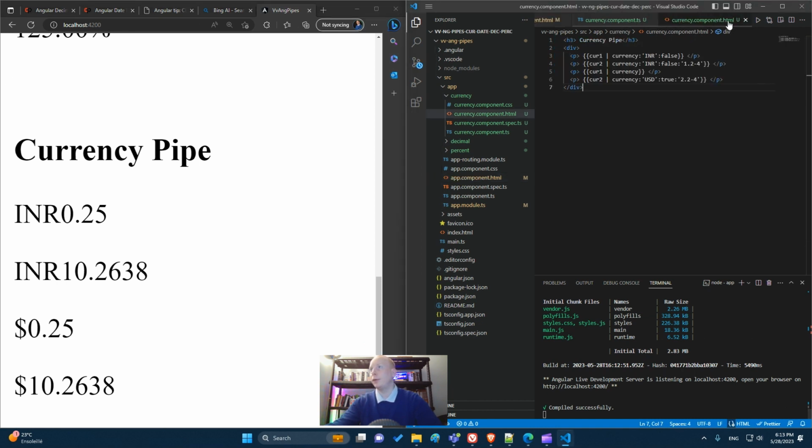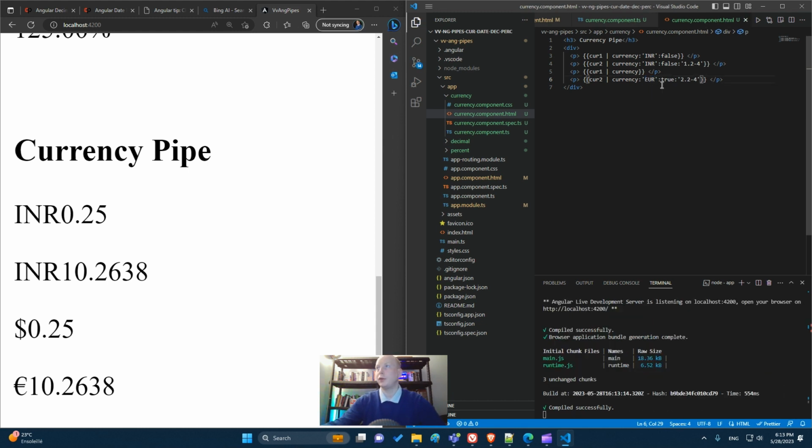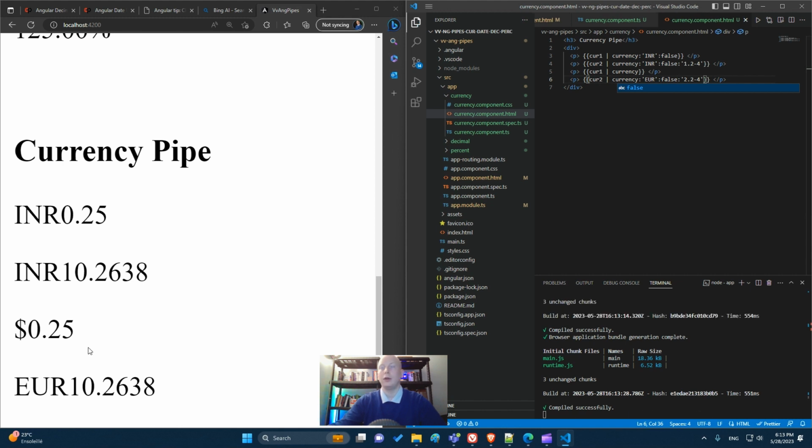So currency, and if I put euro, okay, it works. So we can change the symbol. You put true or false to say if it is displayed or not. If I put false at the last expression, which is here, normally the euro symbol will be replaced by the letters expression. And I prefer with the symbol, it's a bit more clear.